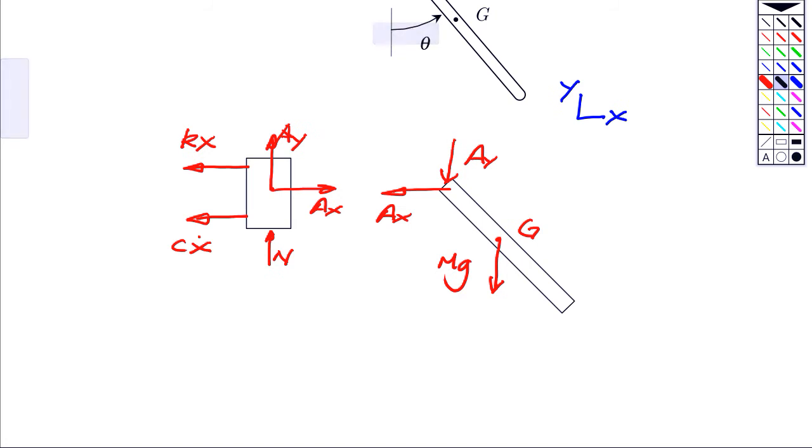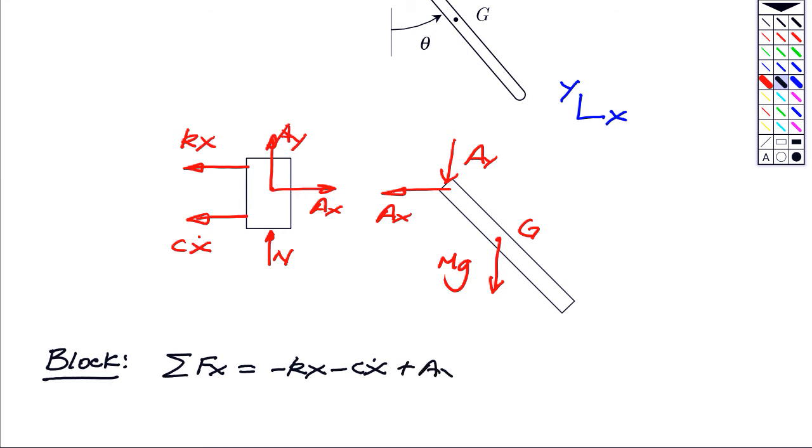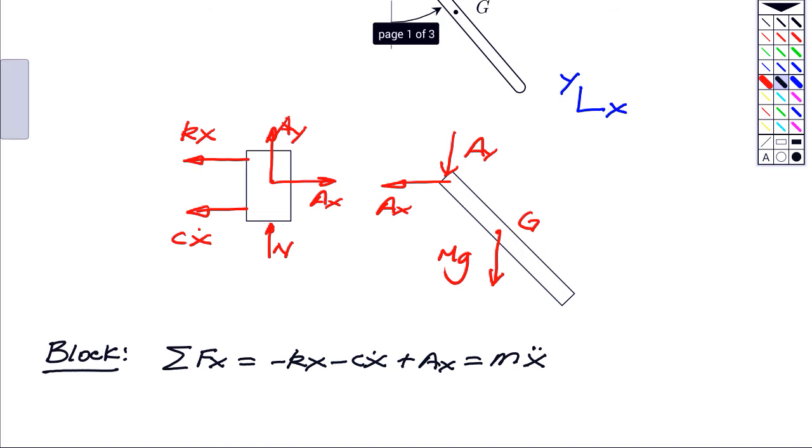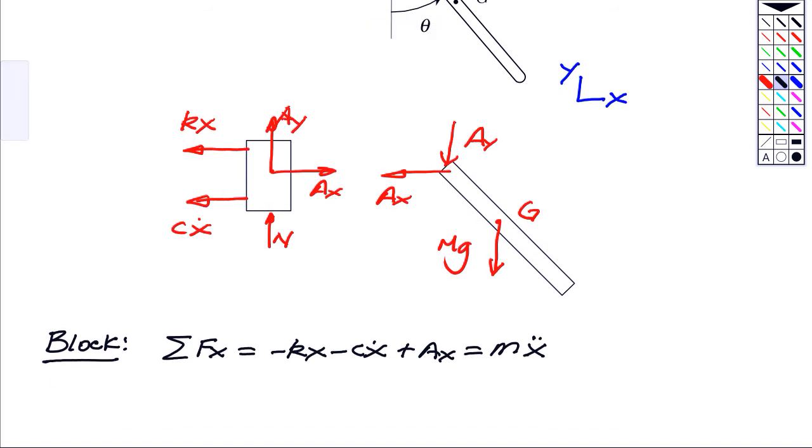So writing down the Newton-Euler equations for the 2 parts here, let's look at the block first. If I sum forces on the block acting in x, I have the dash pot force and the spring force acting to the left. I have AX acting to the right. And that's equal to the mass times the acceleration. The acceleration is just x double dot because the block is moving along a straight path in the x direction. For the bar,